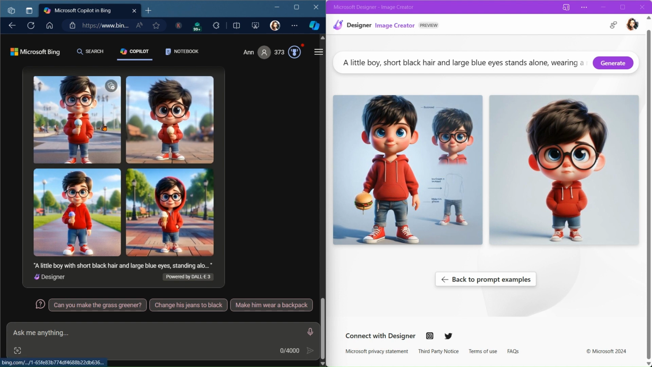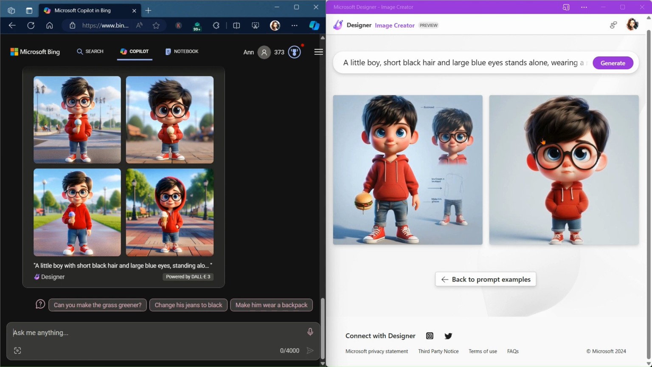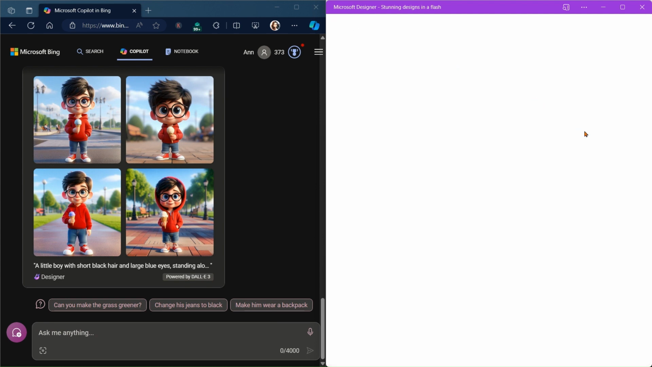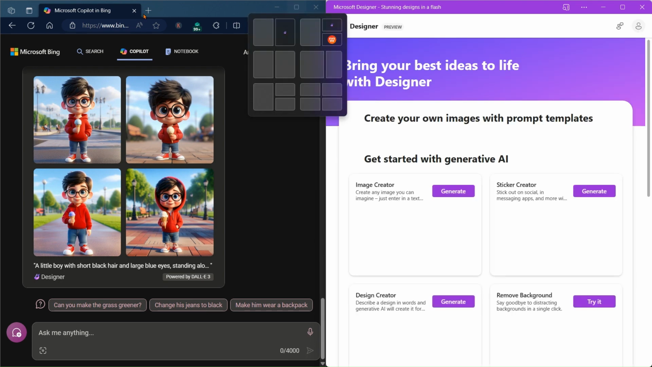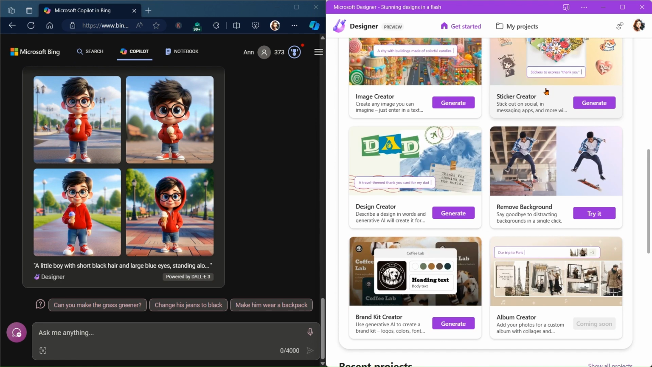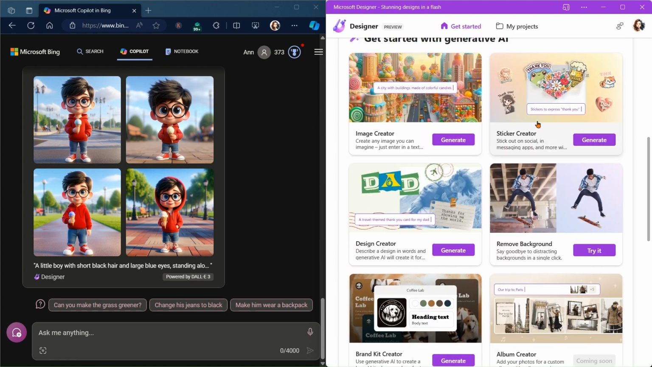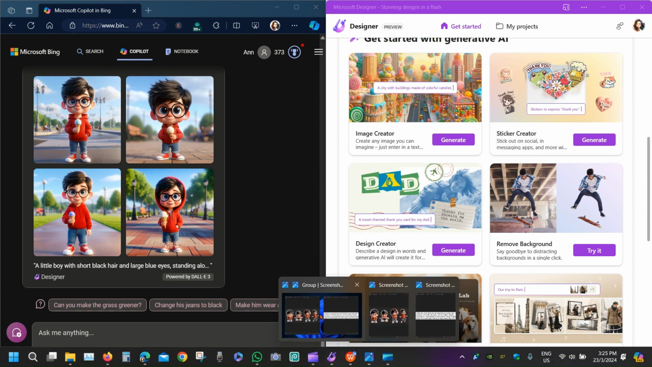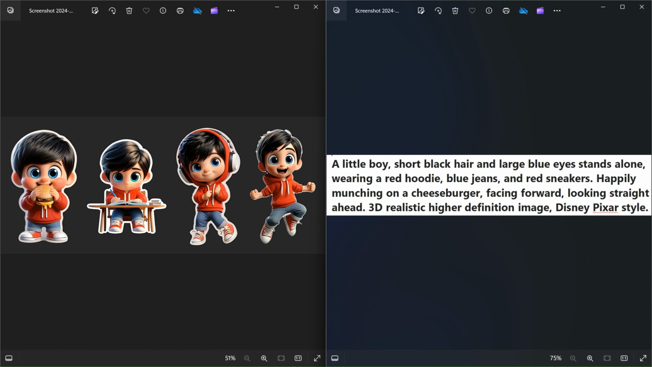I would prefer if Microsoft Bing Copilot can actually generate stickers. The output is much better, but the option I have now is only using Sticker Creator in Microsoft Designer. So for now, my verdict is to create images, I will definitely use Microsoft Bing Copilot. But if I want to create stickers, I will definitely use Sticker Creator, where I have created quite a number of stickers based on this image here. Okay,